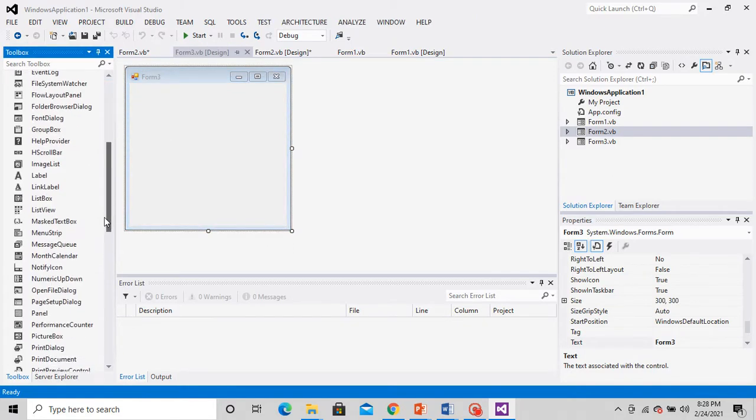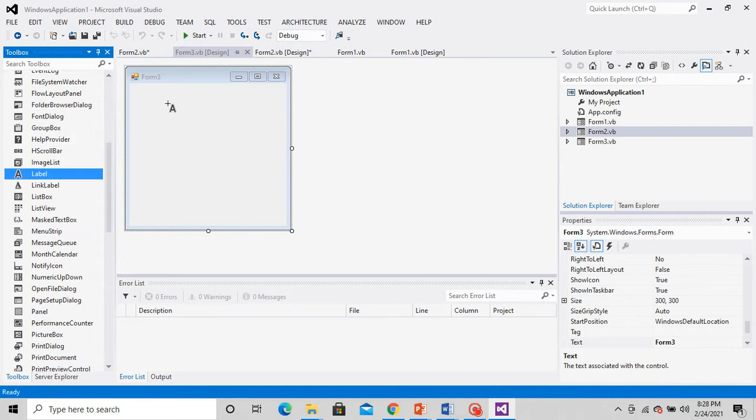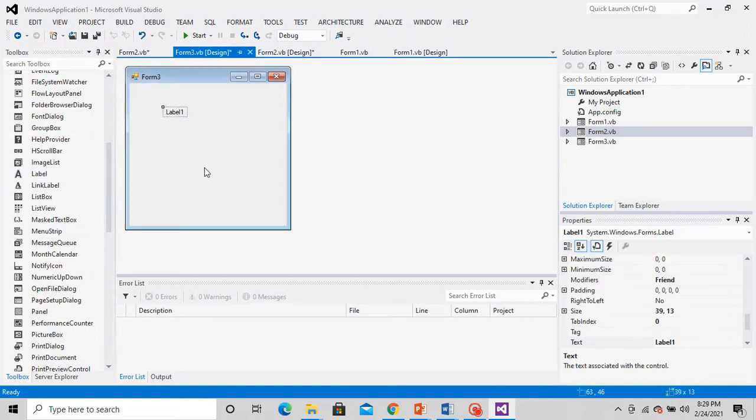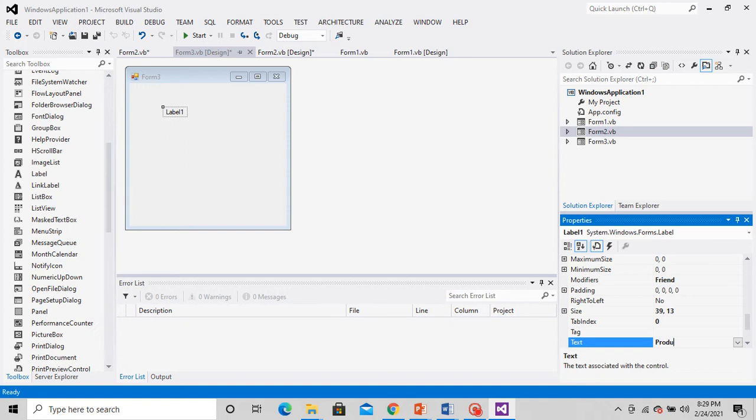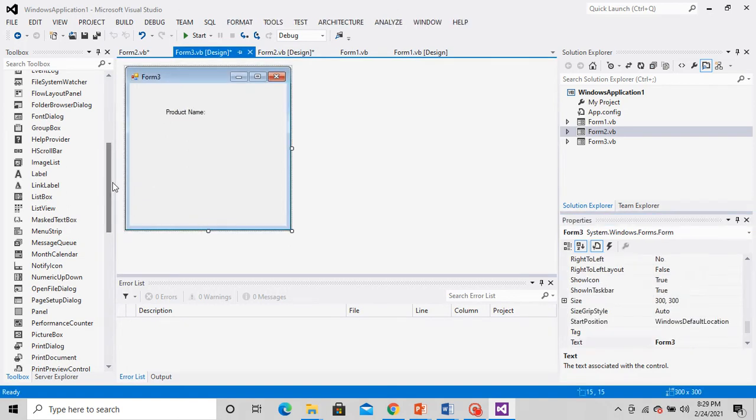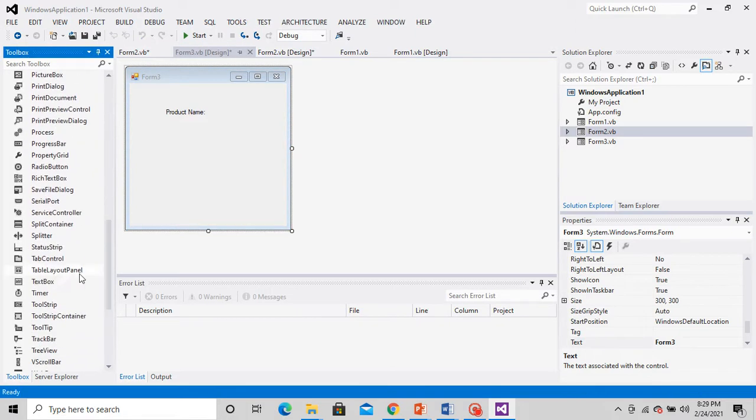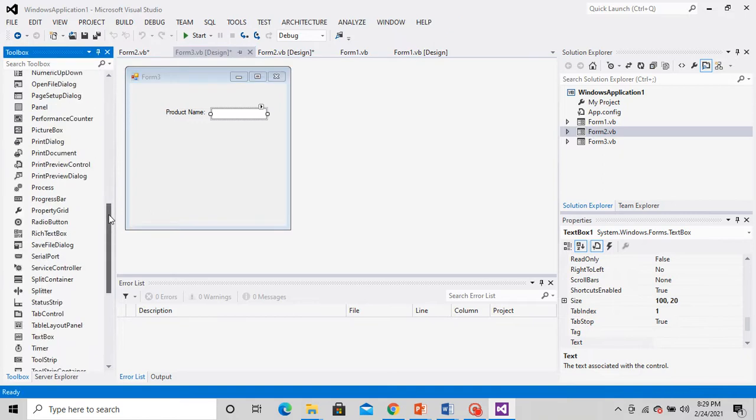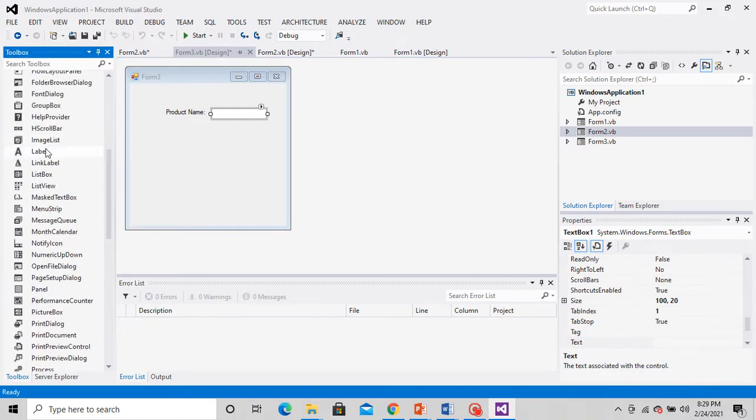For product name, I will give a text box. Then I'll take product price here. That is one more label.